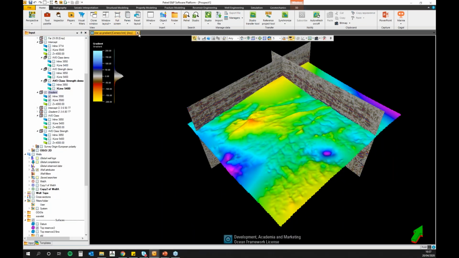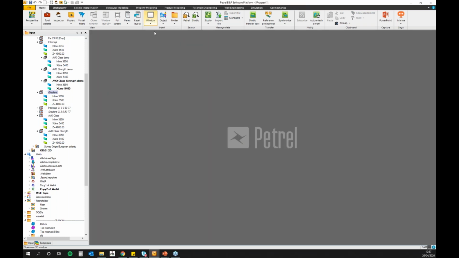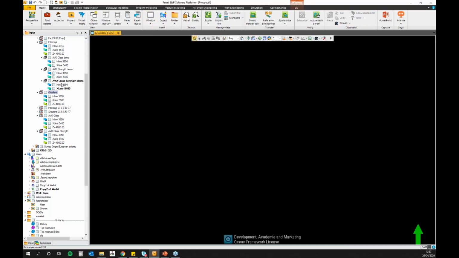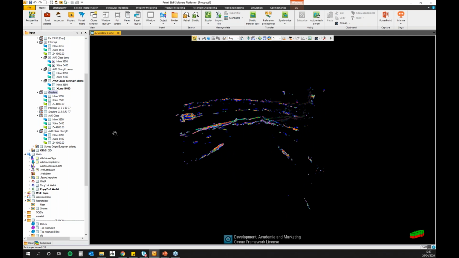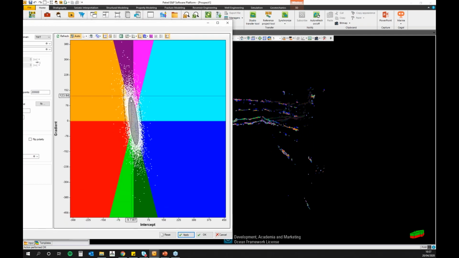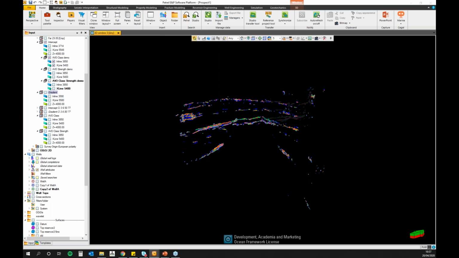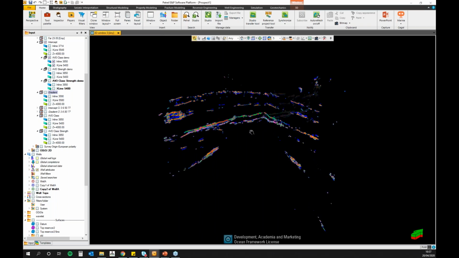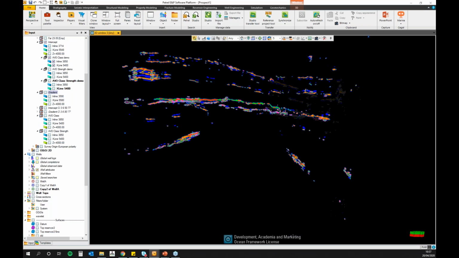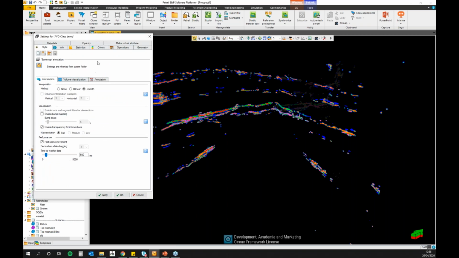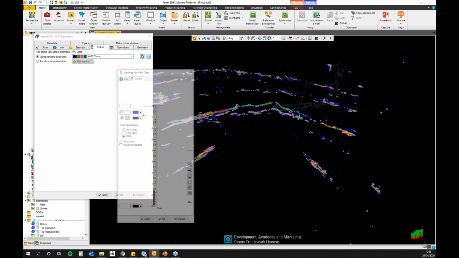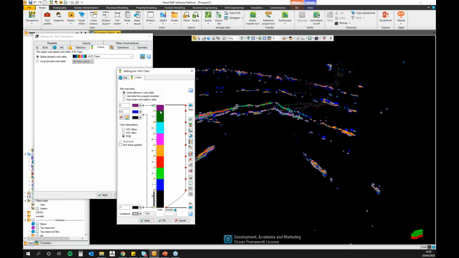So I'm just closing my windows and opening a new one. So I have 3 outputs, my AVO class demo here. So everything that is black was because the points of the sample were inside the inner ellipse. And now you can see that I have some color. So I have some weird edge effect around my color, and this is due to the color template that we are using. So if I open the settings of my volume and I open the color table,